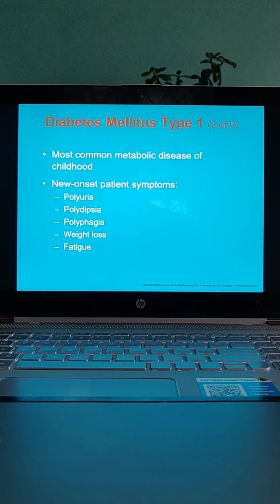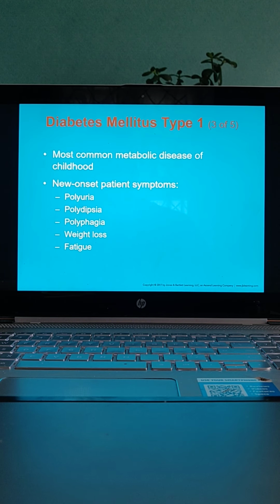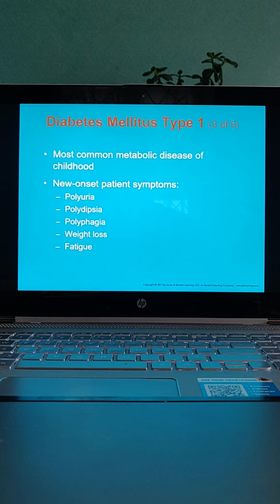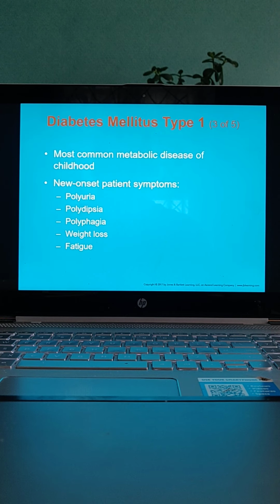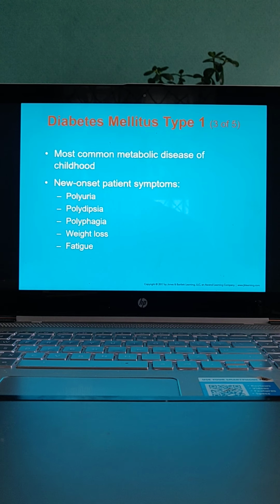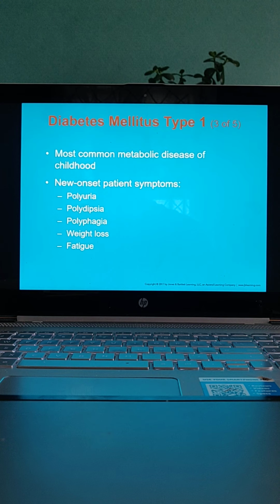It's going to increase your pH balance in your body, and that acid waste is what we call ketones. Another way your body can help the kidneys out is that it's going to have you start exhaling. It's going to increase your respirations, and you're going to take deeper, faster breaths in an attempt to breathe off those ketones. Okay? And when you breathe off those ketones, your breath is going to have this fruity, sweet